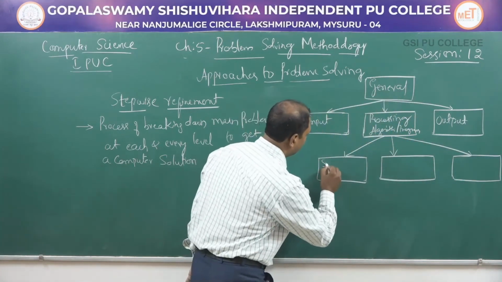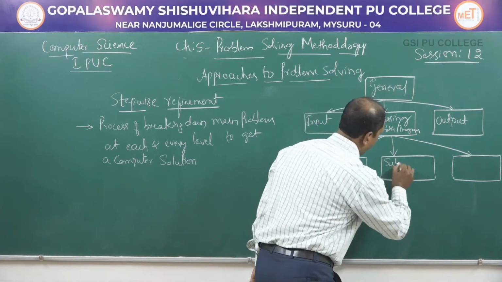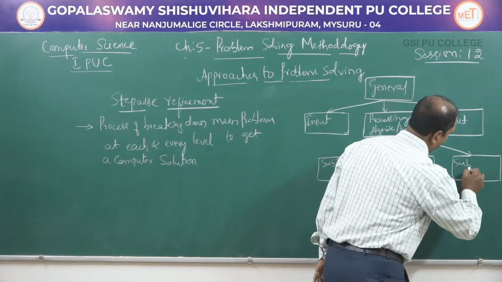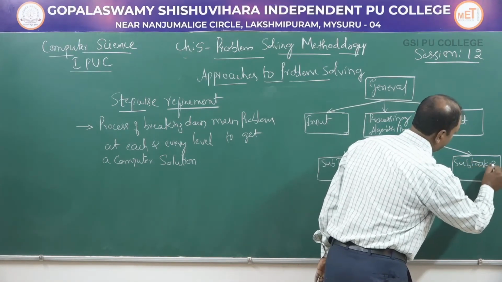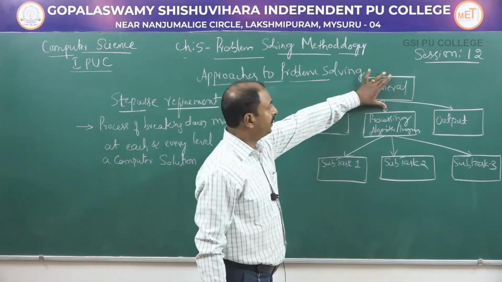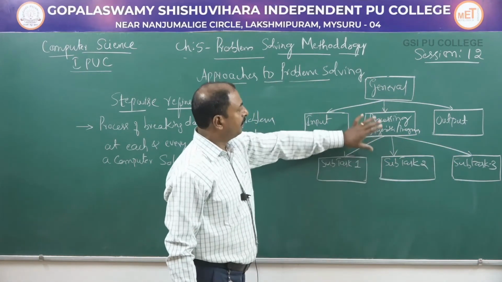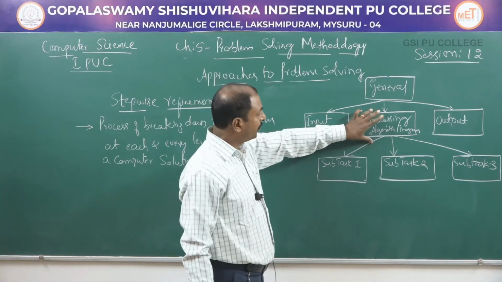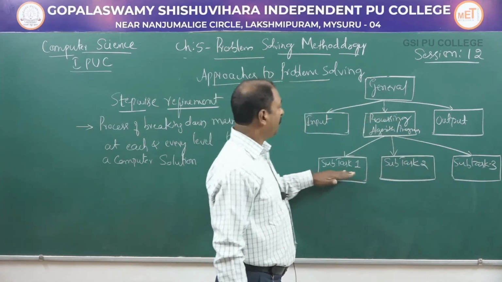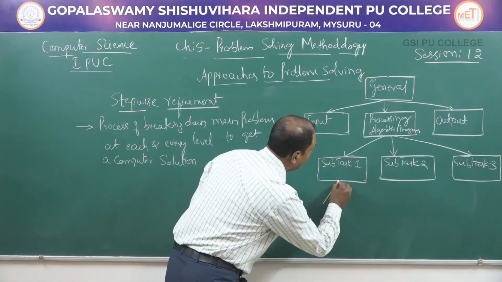So this is sub-task 1, sub-task 2, sub-task 3. At the first level, we have divided this general problem into three sub-problems, and in the second level the main processing part, the body of the algorithm, we have divided into three sub-tasks or sub-problems. Again further it can be divided into